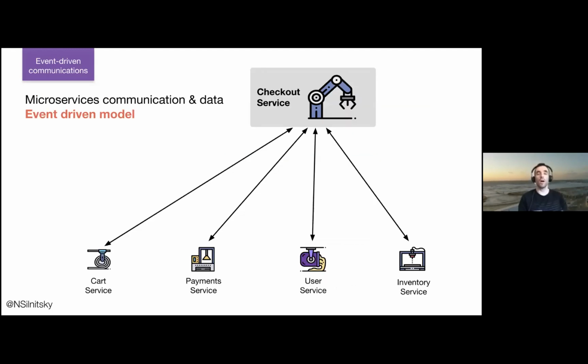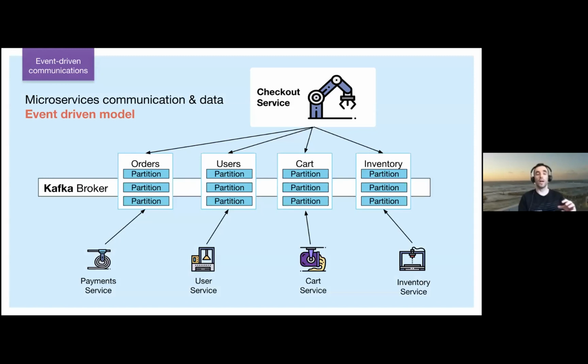So if we look at our ecom example and try to switch it to the event-driven model from the earlier request-reply model I showed you, then here we'll have communication between the checkout service and the other services done via an intermediary, the Kafka broker. And each service will be in charge of its own topic. So the payment service has the order topic that